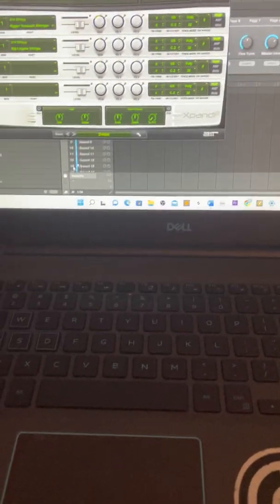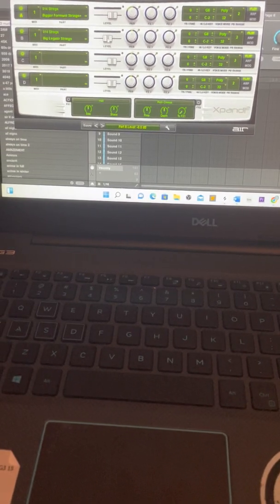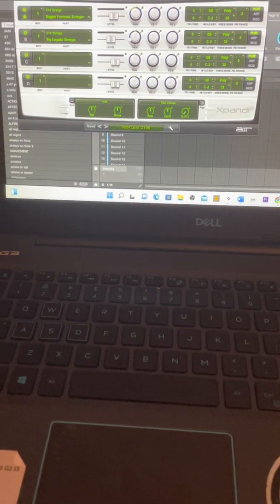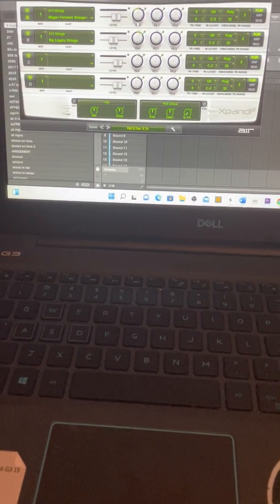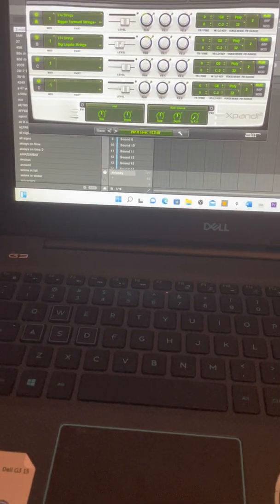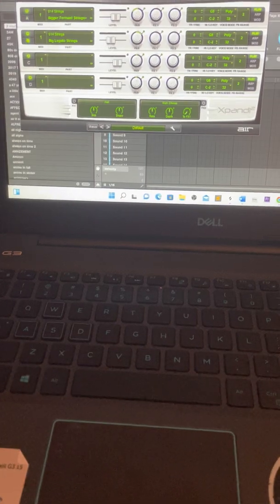You see, it adds a lot, but it's too much for me. So I'm going to turn down these strings. Turn this down a little bit. And then what I'm going to do is pan it over to the right. So you want left and right to have a different type of feeling to it. Now I'm going to alter